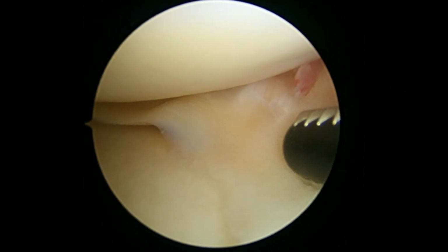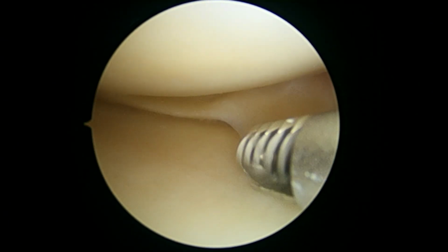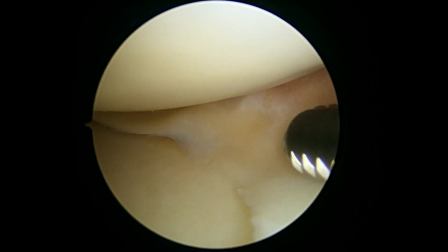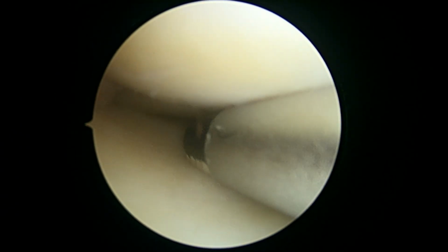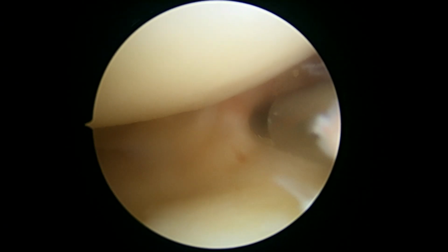We can see you've got some meniscal fraying on the inner edge, but nothing that appears to be unstable. I'm turning on the suction to see if that meniscus is unstable or not. You probably had an old injury that looks like it healed, so that's good news. We can put some of our stem cell injection right there to try and